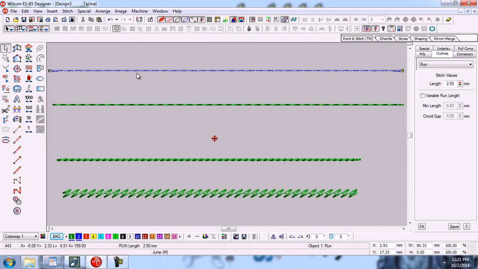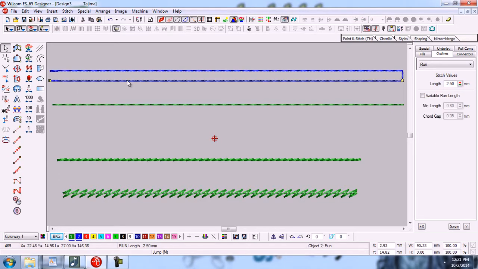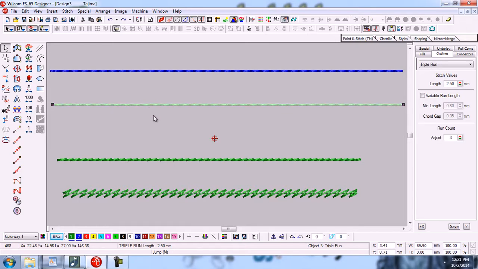If you select the object and click on this button, it will create a duplicate copy like this. As I click here, you can see that it's repeated. Yes, like this. So it automatically converted into double run. And if this is triple run, and you need six types of running, you can repeat it by clicking on this backtrack repeat button. So you can see that it has been created.